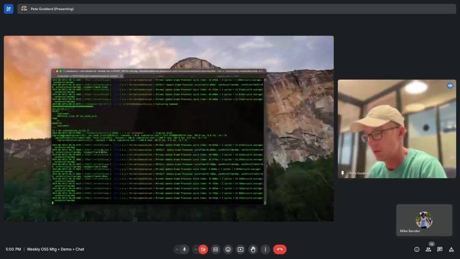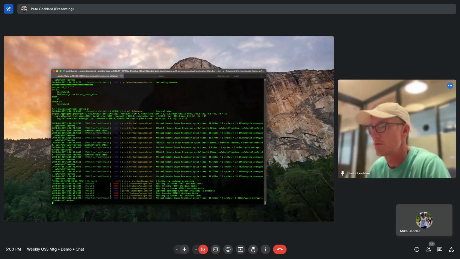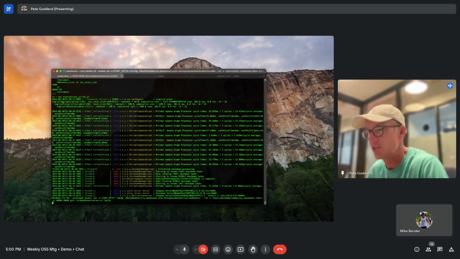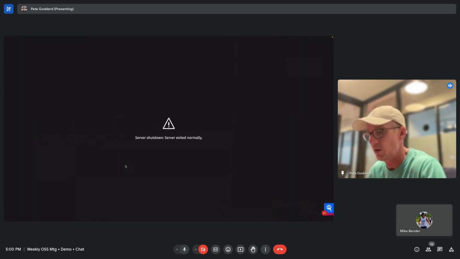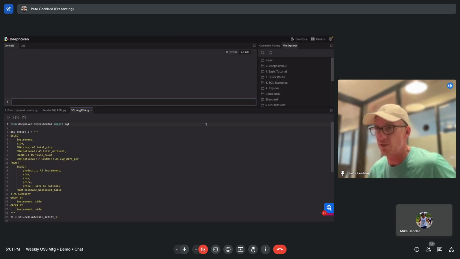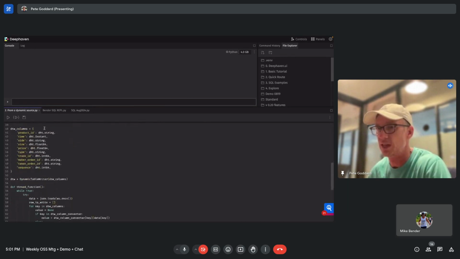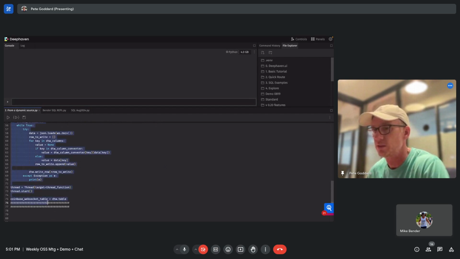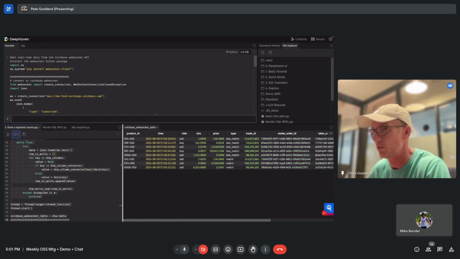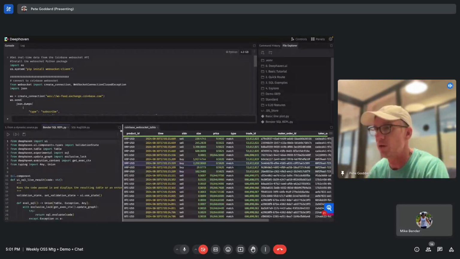So I'm going to stop my worker for a moment, and now I'm going to relaunch it and reload this. Okay, so now I just have a fresh worker again. I'm going to do the same thing where I just go get the data. This is all exactly the same. The table started at a different time, but other than that, it's the exact same table. It's ticking in as it was before. But now I'm going to run